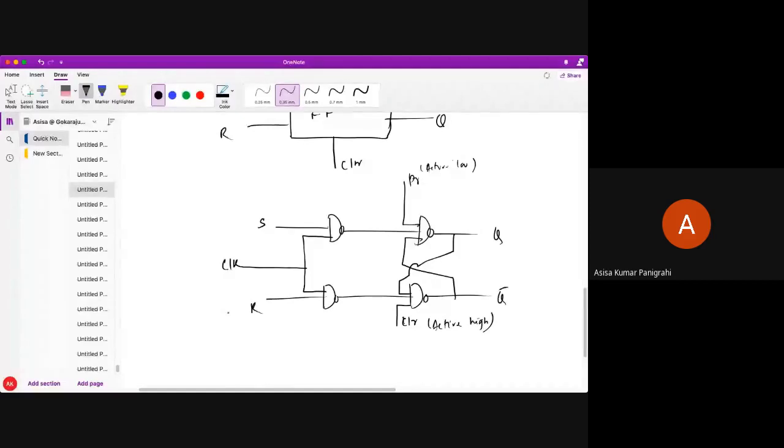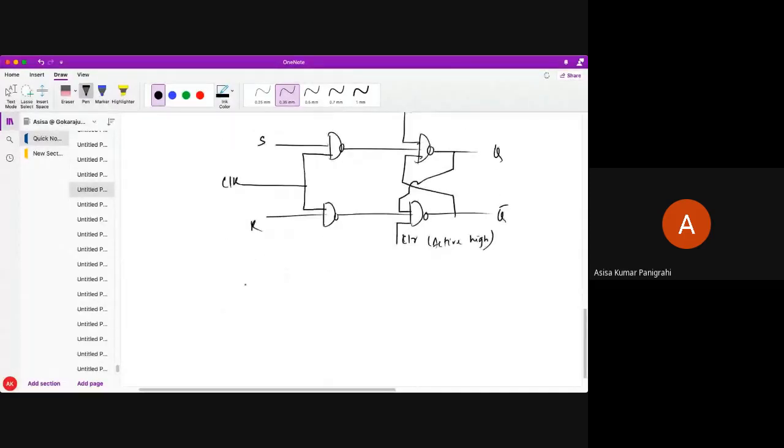Now tell me what will happen. Here, this Q and Q bar are my initial flip-flop conditions. Please try to understand, this is not the next state. I have not yet applied my actual input clock here. If you don't apply the clock, it will not give the next state. All of you know that the next state is nothing but the output of the flip-flop, or state of the flip-flop, after application of the clock pulse. So I am not applying the clock pulse till now. I am just setting up my initial input condition, the initial state of the flip-flop.